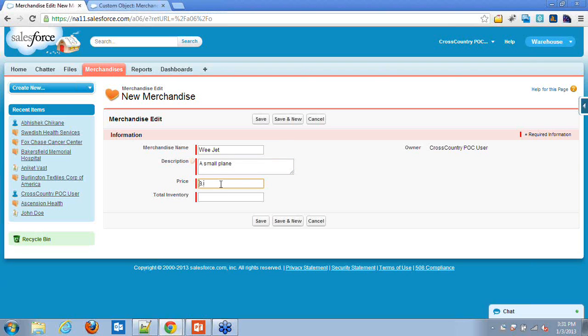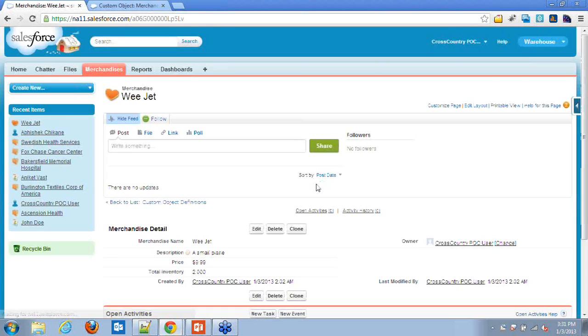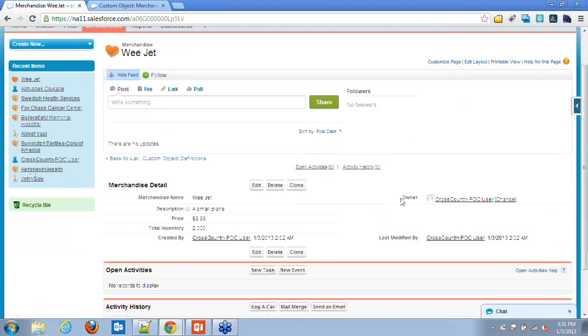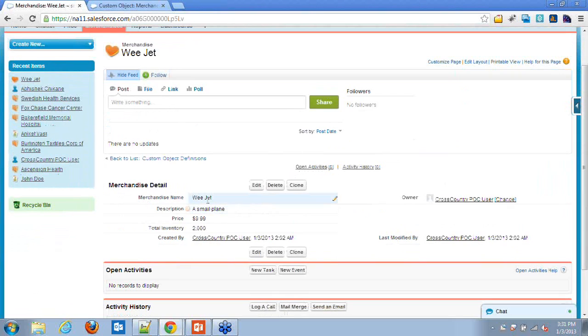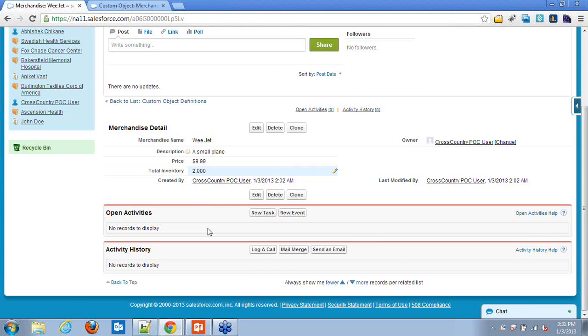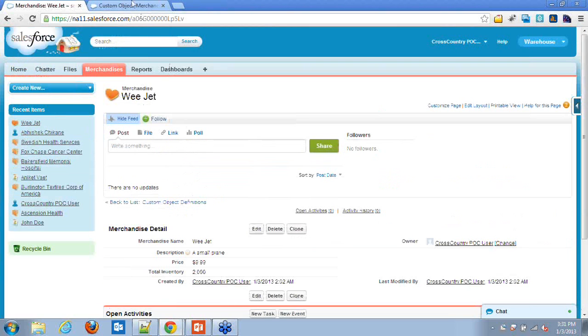Let's set price, and total inventory maybe as 2000. And now your first entry is done. So you can see the name, the description, the price, total inventory. So you are done with the first object.